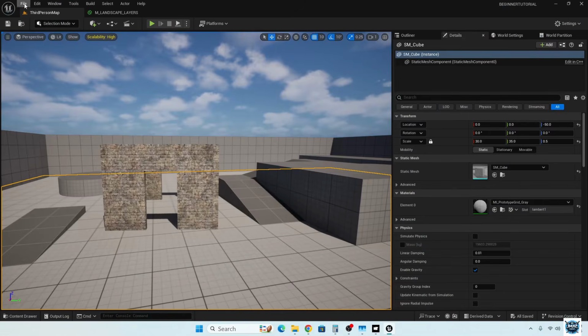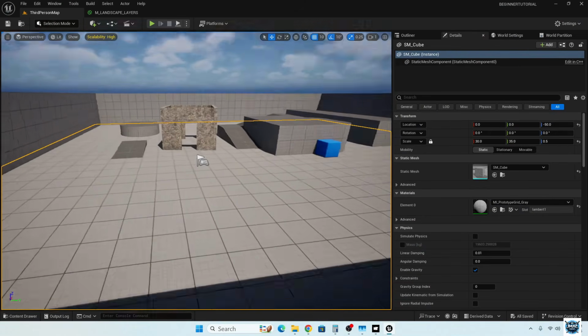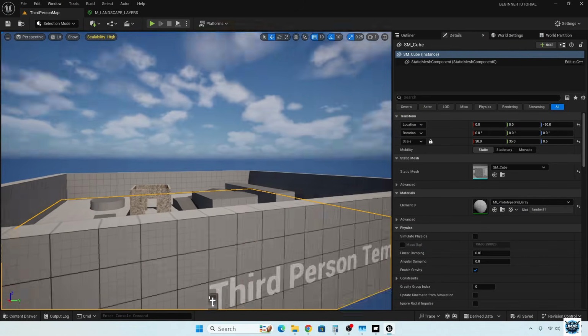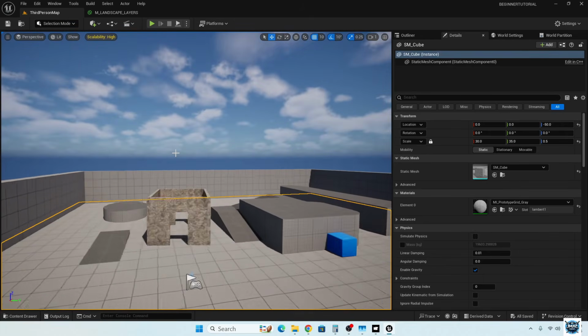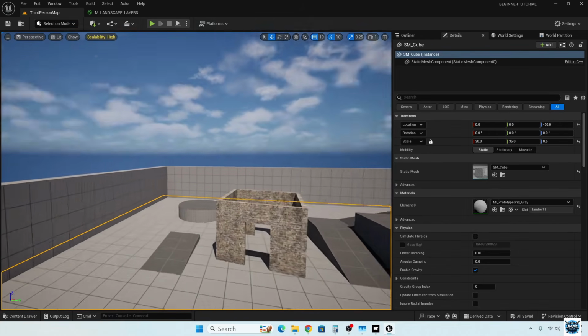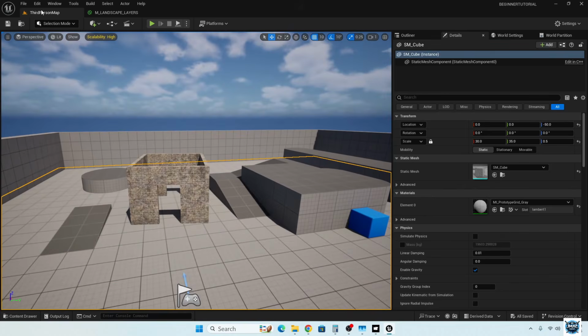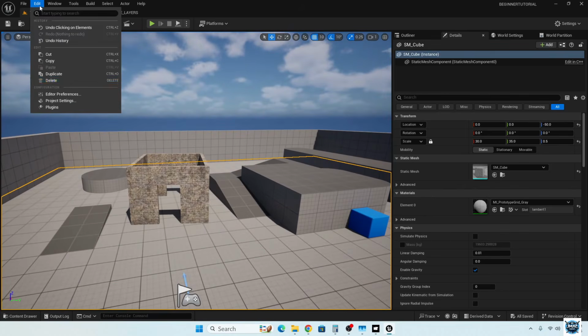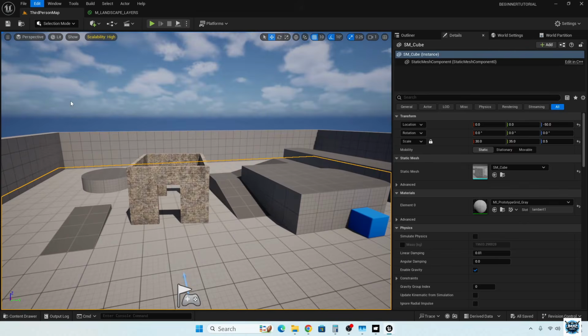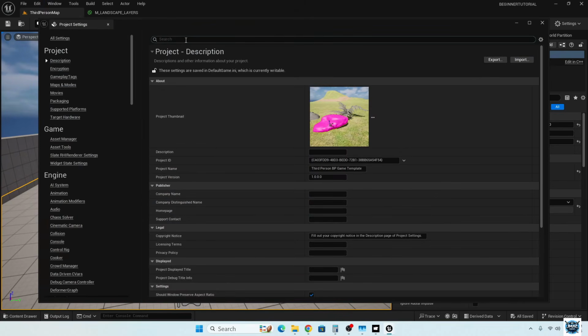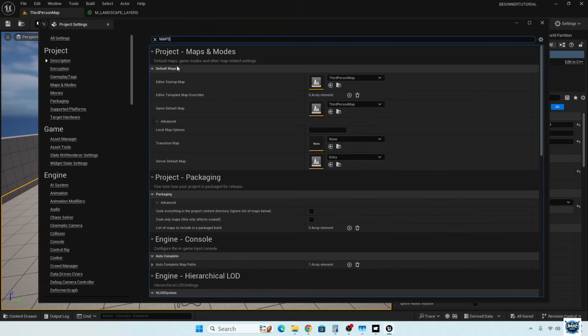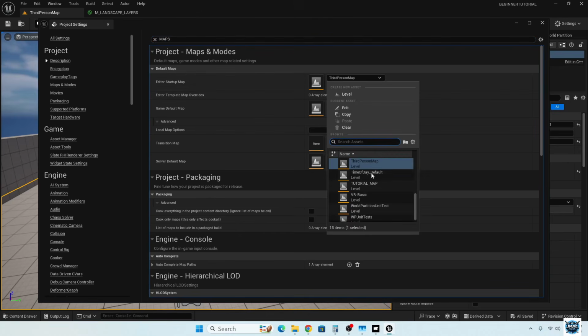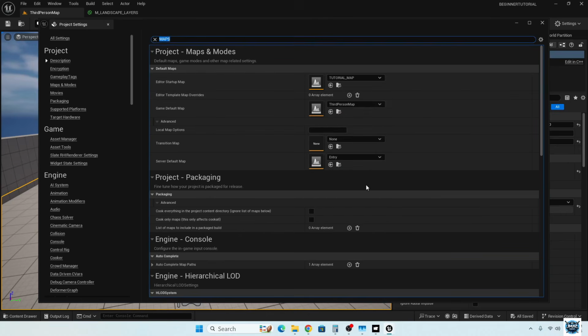Okay, the first thing I want to do, every time you open your editor, we keep going back to this third-person map, and I want to get started in the map that we built in episode 2. So what you've got to do is go to Edit, then Project Settings, and up here in the search bar, just put in Maps. You'll see Default Maps right here, and then Editor Startup and Game Default Map. Let's change both of those to our tutorial map,